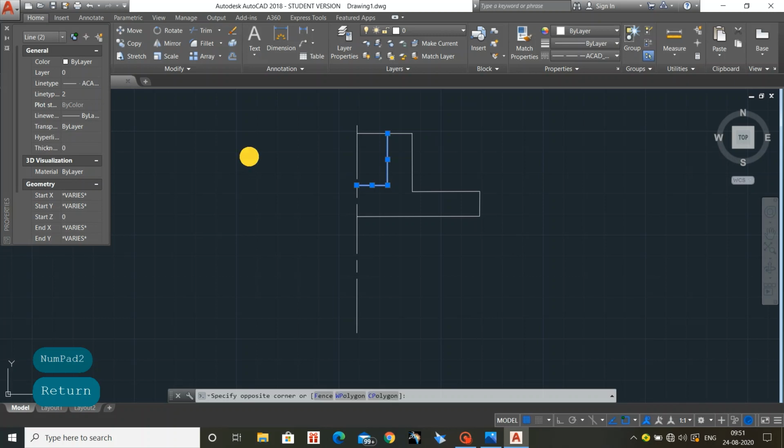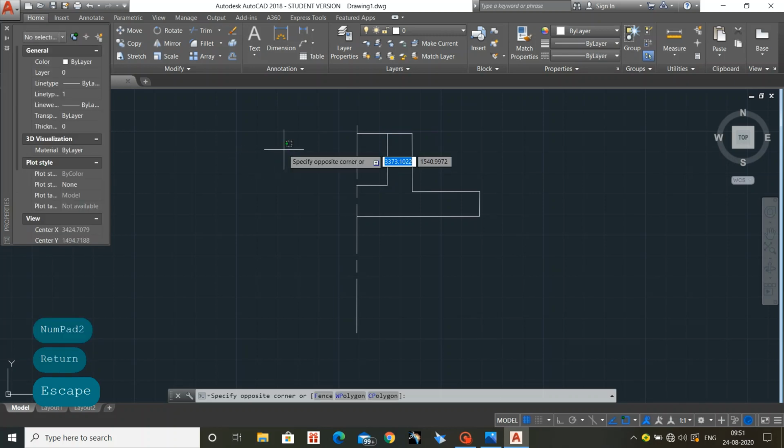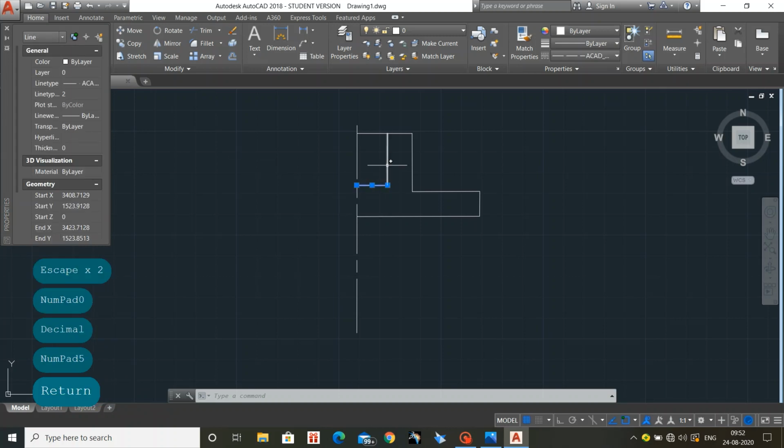So I have given line type as 2. So here while giving the 2, we are unable to see that. So I am reducing the size to 0.5. So select those and give the line type as 0.5. Okay, now see, we had a difference. So I am further reducing it 0.4.